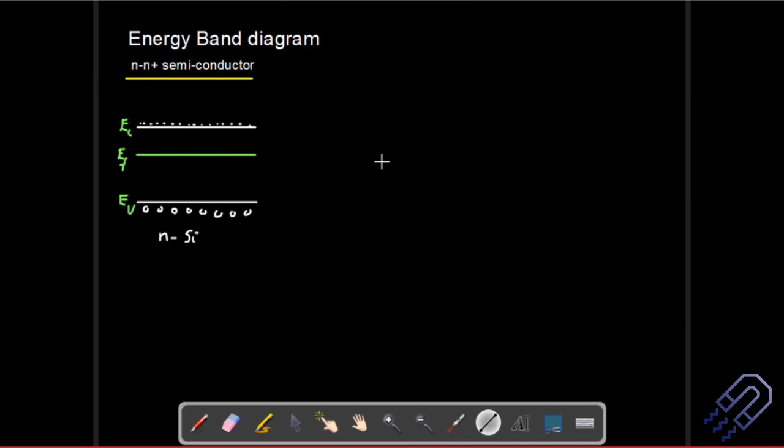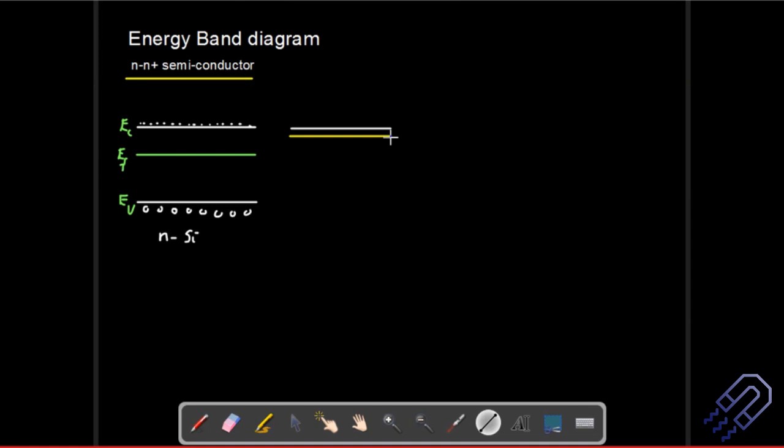Okay? And then on the other hand, we can again have the N plus type. So whenever you are drawing the N plus type, what happens here is basically the Fermi level will shift higher. This might be a question which I should ask you, but then you have to just go and revise if you don't remember. This Fermi level will shift higher because you have got more number of charge carriers.